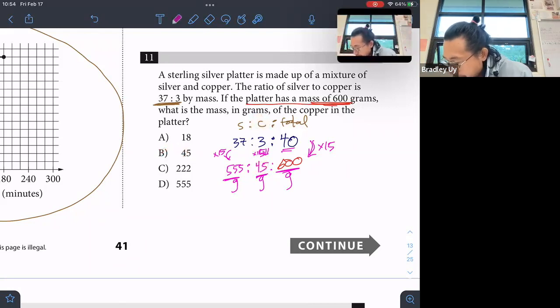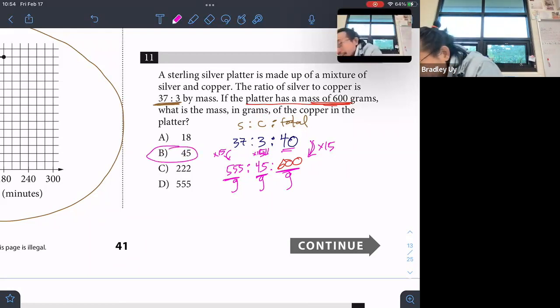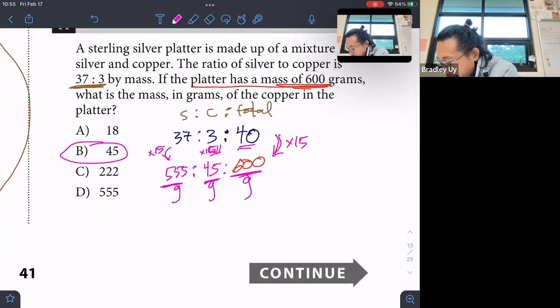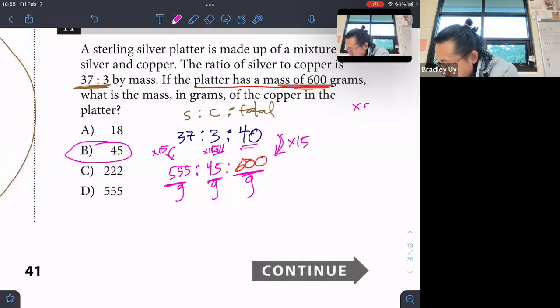Okay. In my mind, that is the easiest way to do this problem. There are other ways involving a system of equations as well. We don't necessarily want to do that. Another idea is this idea of a scale factor. Let's call X the scale factor. If you scale up 3 times X, so if you have silver to copper, and these would be amounts of mass of